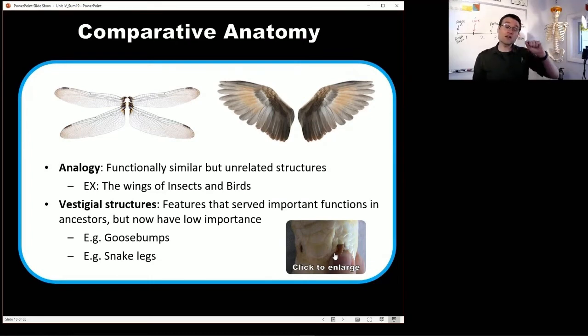However, if you look at organisms that are closely related to humans, other kinds of mammals or even birds actually, you will see that the goosebumps do have a kind of purpose to them. If, say, a cat gets scared by a predator, what does it do? Its hair stands up on end and it makes the cat look bigger and more intimidating, so it helps scare off that predator a little bit. So the goosebumps are helpful in that case. If a mammal gets very cold, its hair will stand up on end, which will increase the amount of air which is trapped near that mammal's warm body. Their body will warm up the air and give us a nice insulating layer in order to help stave off